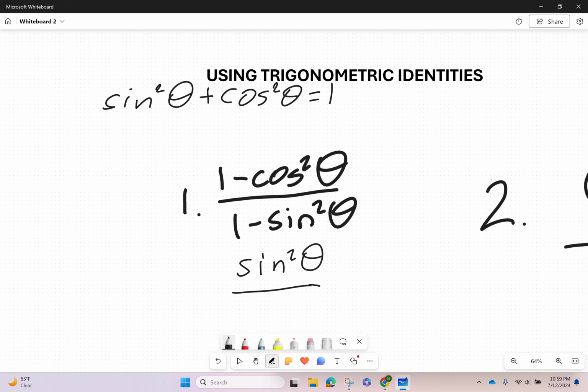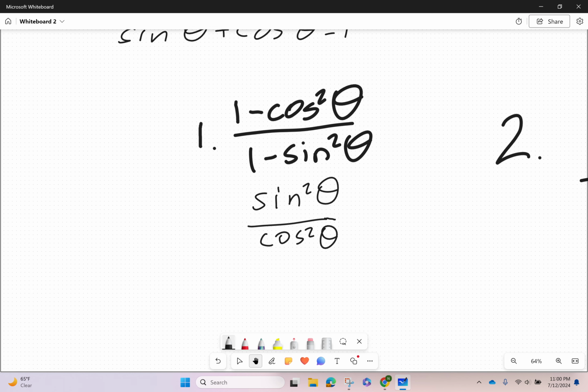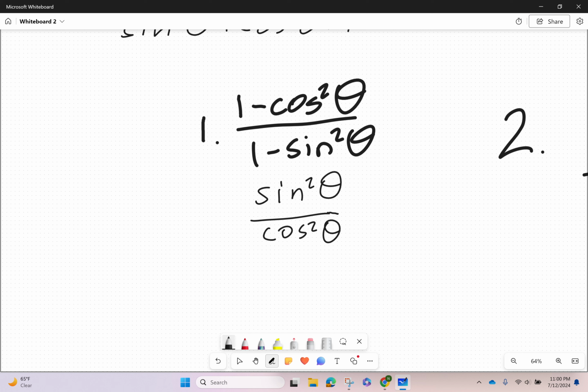Cosine squared theta is equal to 1 minus sine squared theta. And 1 minus sine squared theta is what we see in our denominator. So I'm going to rewrite that as cosine squared theta, which now gives us a more simplified version than we had before. However, this is not as simplified as we can get,